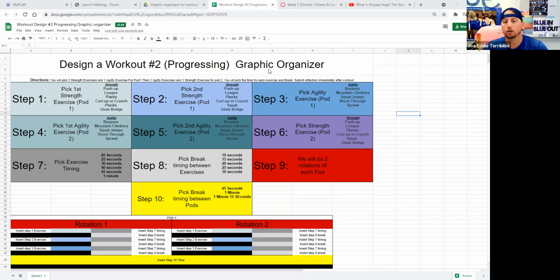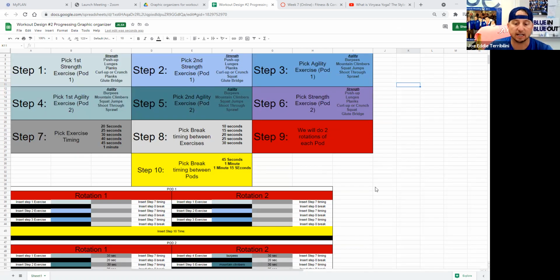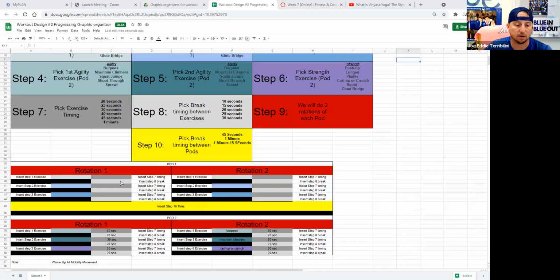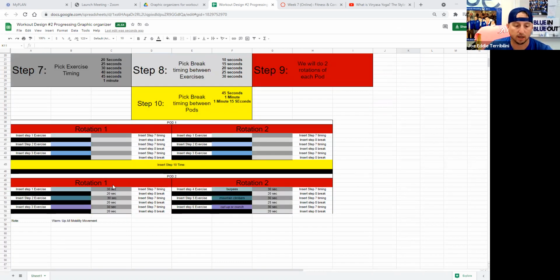Design a workout number 2, a progressing workout with a graphic organizer. I have steps labeled here, how you're going to design it. And then you're going to put it down here and then you're going to execute. Whoops, I had extra stuff in here I got to take out. I apologize. All right, so basically what's going to happen here is you're going to do 2 rotations of a